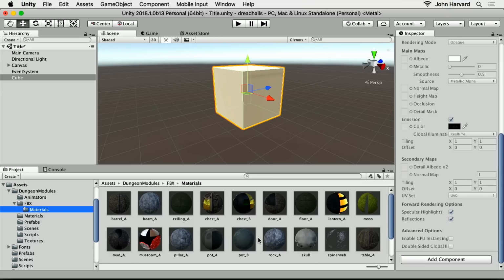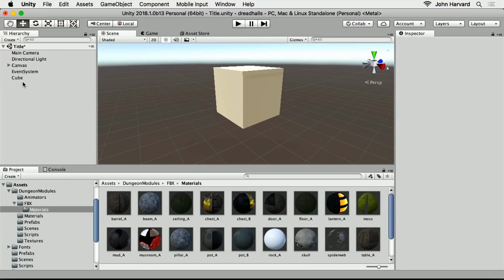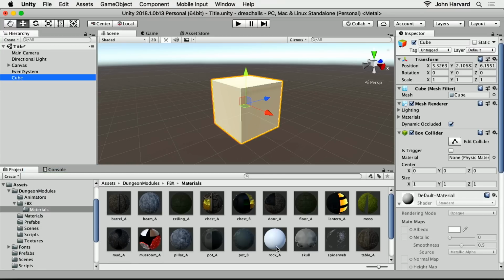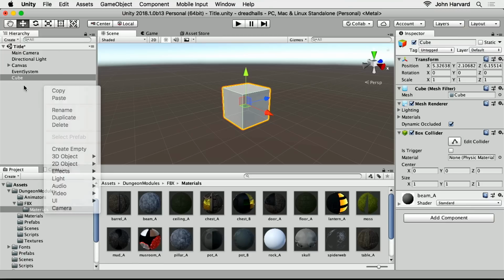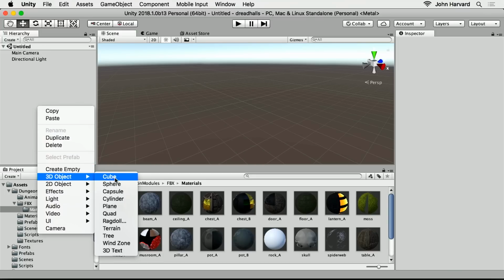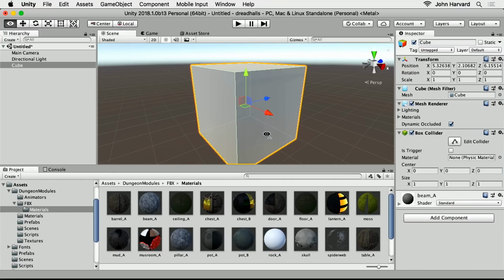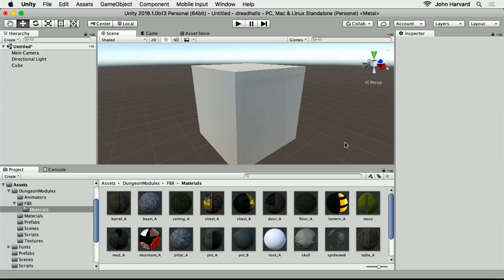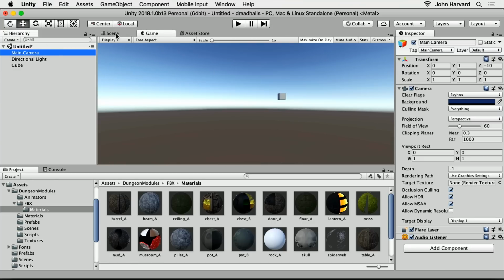So let's say I want to just apply this rock material to this object. I'm going to first add... I think because I went into the material, it had an incorrect appearance. Oh, that's strange. I'm going to create a new scene, and then I'm going to add a cube, and then maybe the beam. I wonder why it is not working. That's very strange. For some reason, it might be a setting that I have enabled that's not allowing it to